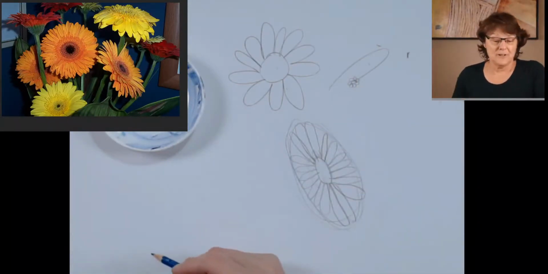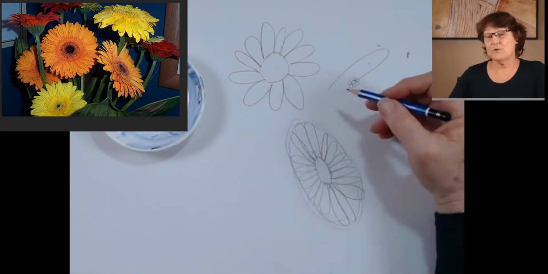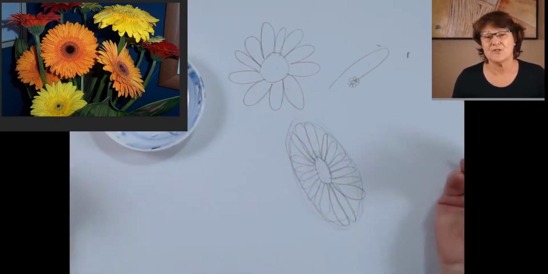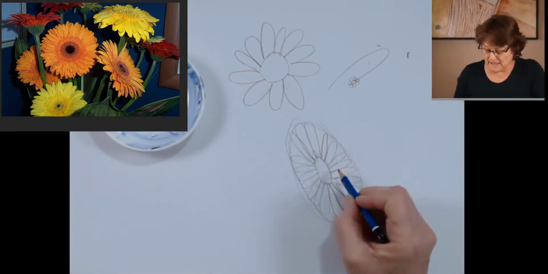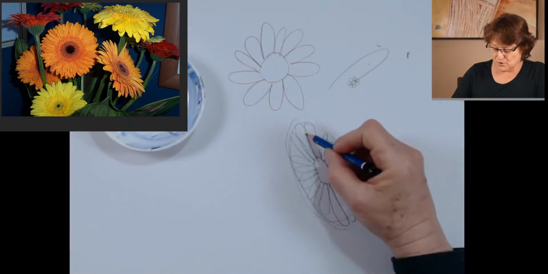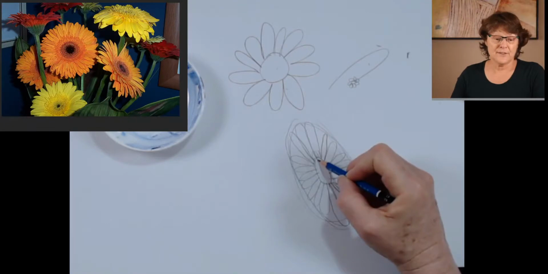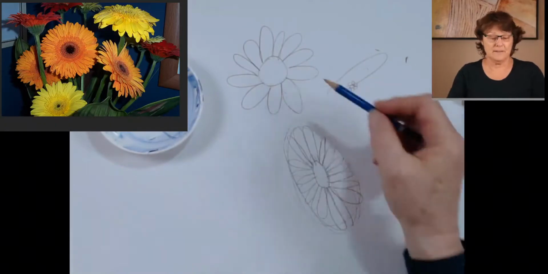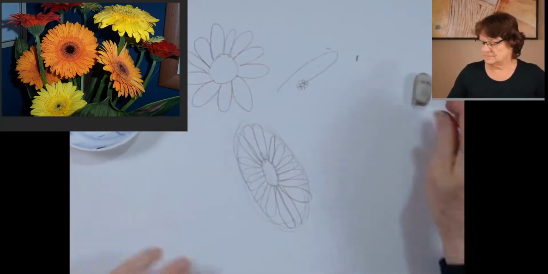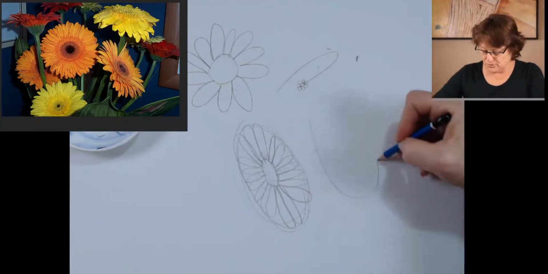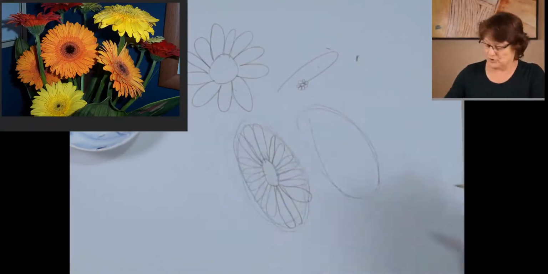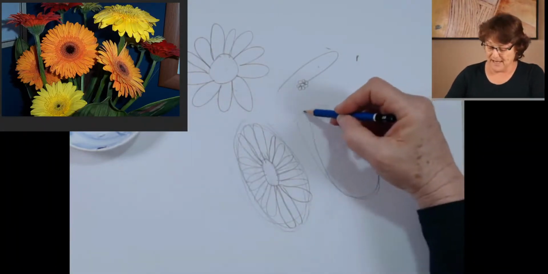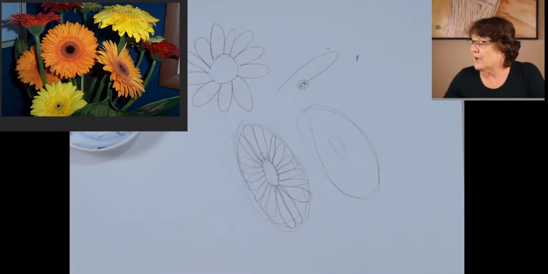Now I'm going to remind you of a lesson we've done before, which is your negative shape lesson. We use negative shape to help us to see the foreshortening, because foreshortening, making these ones shorter than those ones, is quite difficult because your head wants you to do that sort of flower all the time. So now, if I actually pay attention to the real flower and I'm not drawing a head flower, I can put my ovals in, and if I actually follow, now I'm going to do this on